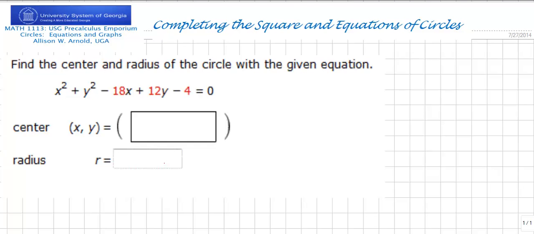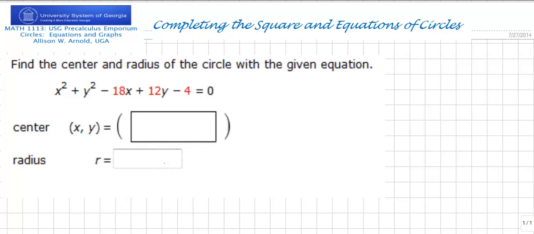Sometimes we find that the equation of a circle is not presented in standard form, but rather is presented in general form where all of the terms are multiplied out and collected on one side of the equation. If we have an equation, such as the one in front of us, x squared plus y squared minus 18x plus 12y minus 4 equals 0, we're told it's a circle, and we want to find the center and the